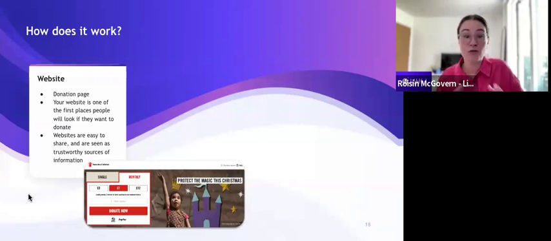And actually thinking about the form itself, is the actual form easy to navigate? Are you asking for too much information? Is the font easy to read? Have you included alt text on your images? And does your donation page function on desktop, tablet, and mobile? So really important to think about that user experience. And it's a really good idea to also test out your donation page yourself and get other people from your organization to do that as well.